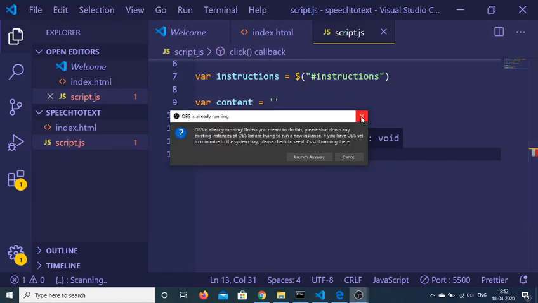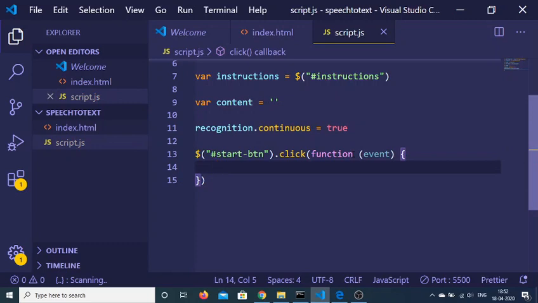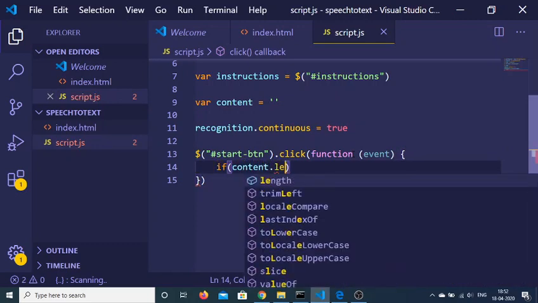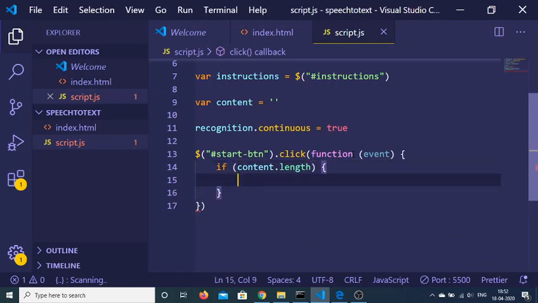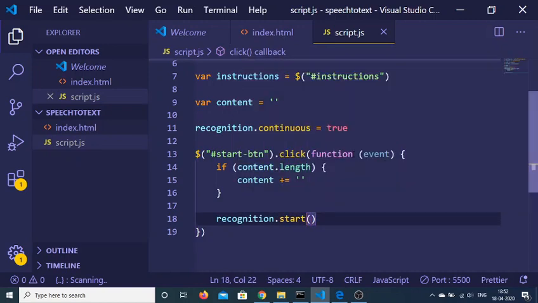So pass this event here, and first of all we will check that if the content dot length is equal to true, then we need to clear out the previous entries like this, content plus is equal to, like this. And now we just need to recognition dot start. So basically this will start the recognition system,